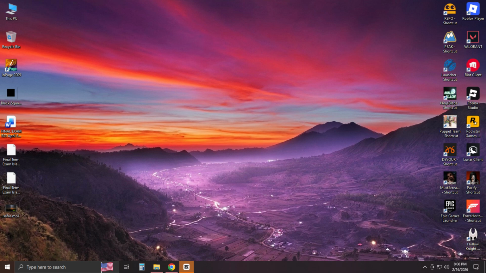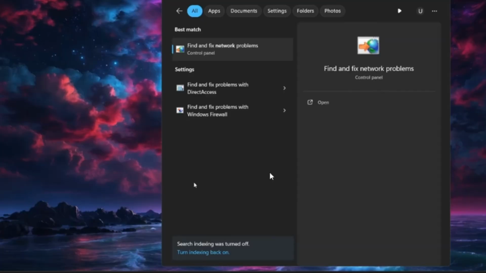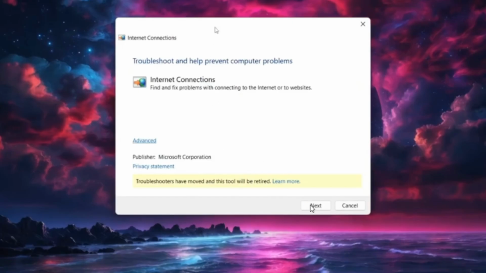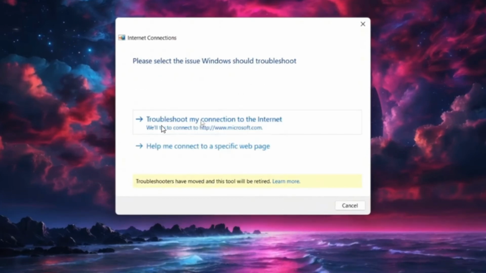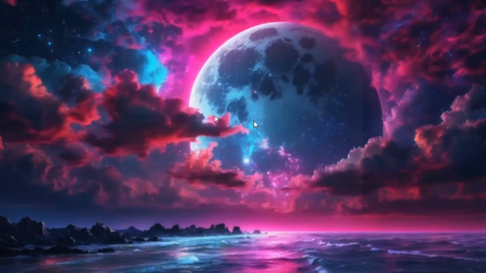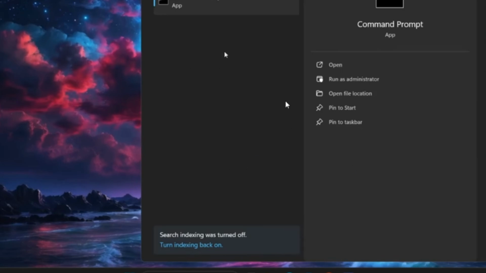First, what you need to do is open your start menu and then search for network troubleshoot. It will give you find and fix network problems. Just click on this and then you have to click on next. Then just click on troubleshoot my connection to the internet, and then if it still does not fix your problem, then